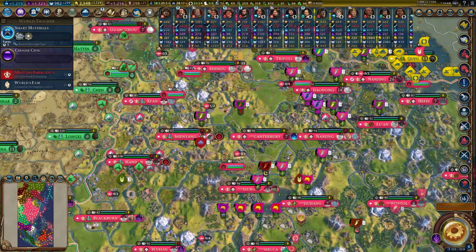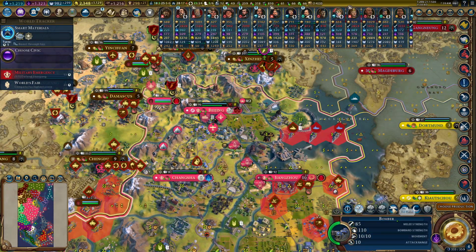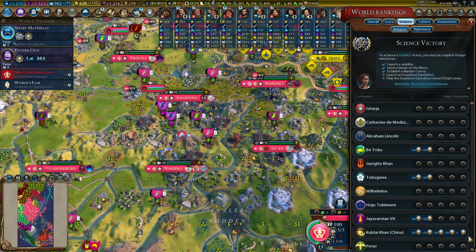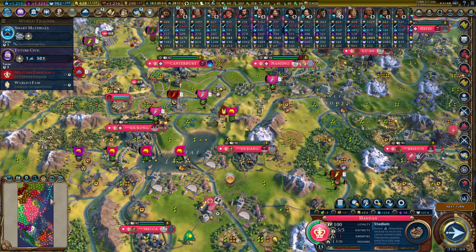Oh, this is one of the reasons I love playing as England. People really sleep on just how good military engineers are. They are so ridiculously useful. So it's turn 217. I'm trying to stop this 2 light years per turn, 1 turn away from smart materials, but we've reached the point in the game that unfortunately remains still,